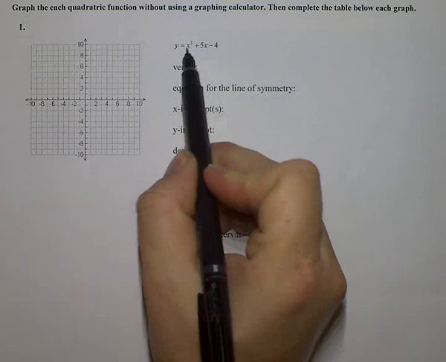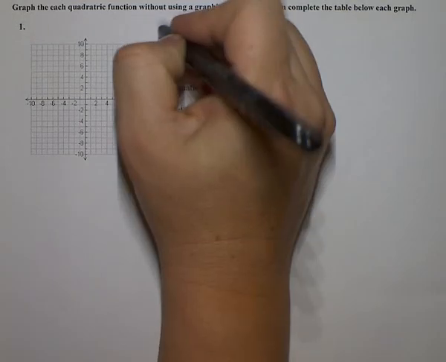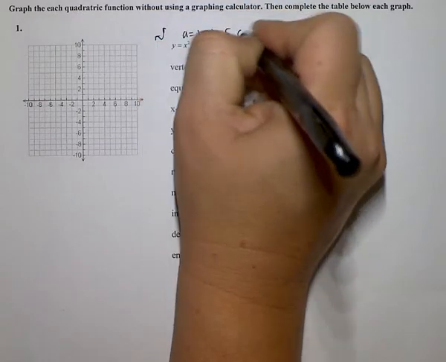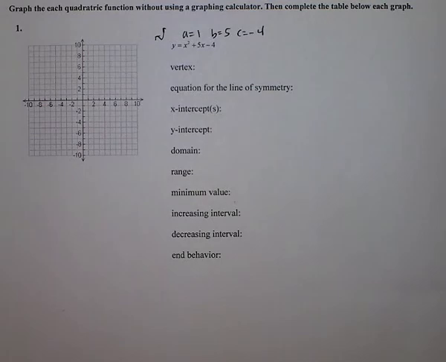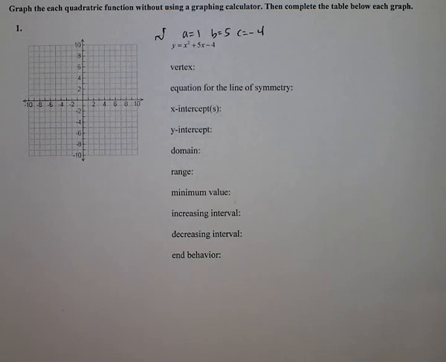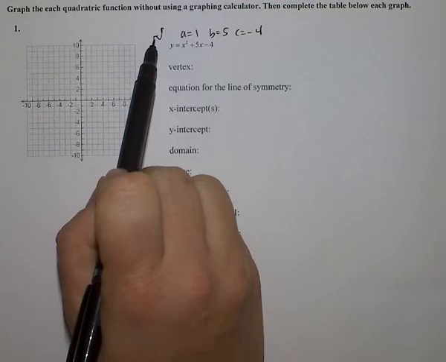This particular parabola is going to open upward because the A in front is positive. I can see A is 1, B is 5, and C is -4 for the future. What is the vertex? So I can do these in any order. I'm going to follow the order that's on the list of steps for graphing in standard form. So the very first one after I do a prediction of which way the parabola will open will be to